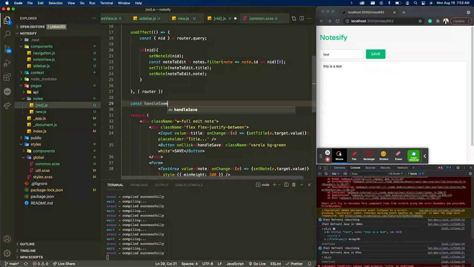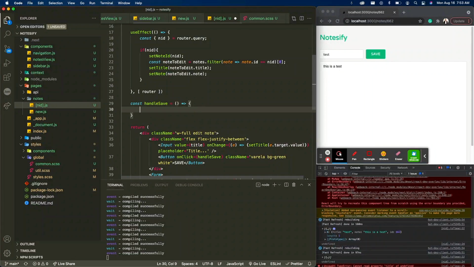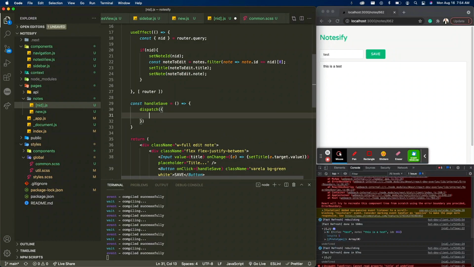I'll do handle save. I simply want to dispatch a new action with the type of edit note,